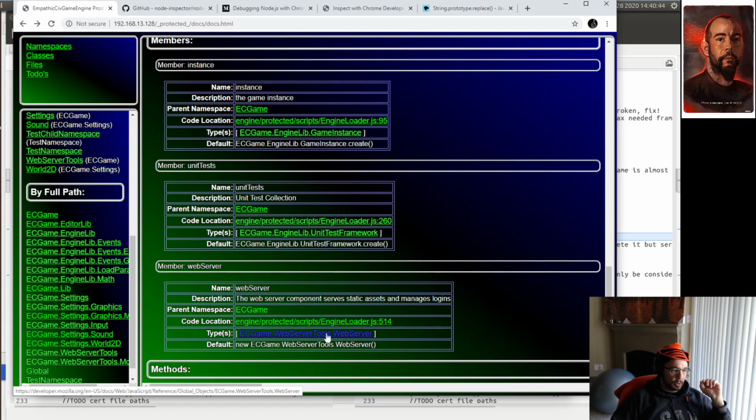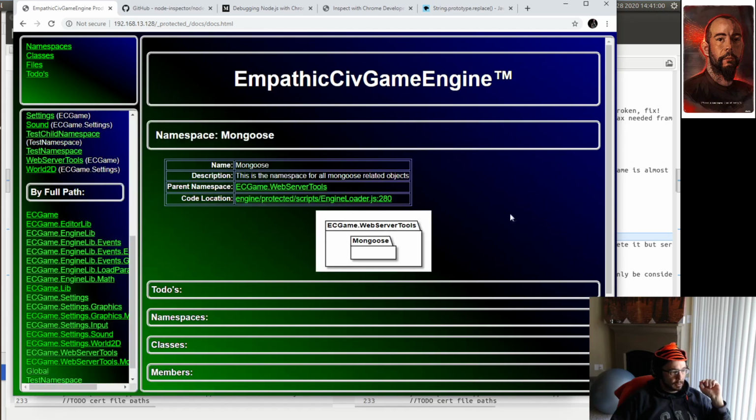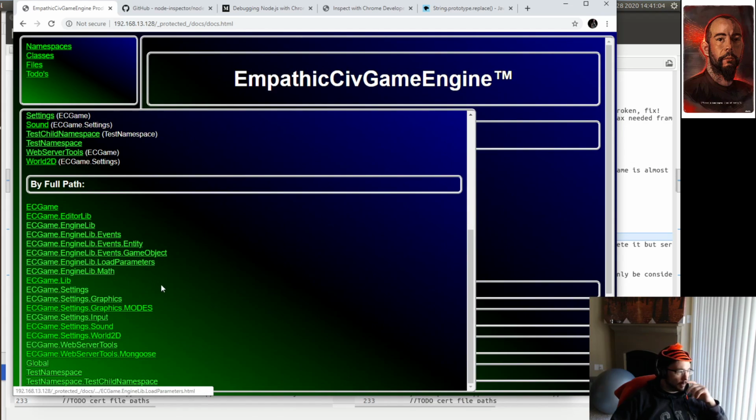But in this case, it should actually be linking to my web server, but when it generated the documentation, this is obviously not documented yet, so it couldn't link to it. Yeah, see, we got web server tools, but not the actual web server. The Mongoose is partly done, but it looks like only the very top level of it. Anyway, I have to do a lot more